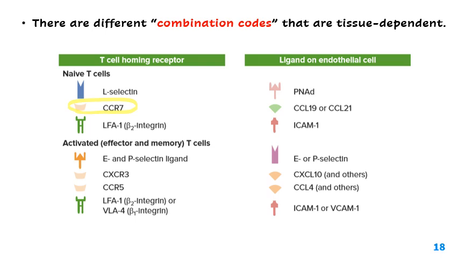Now, if your T cell is not naive anymore, it is called an effector T cell. It can be either an effector or memory T cell, but now let's say it is an effector T cell. An effector T cell is a trained soldier that has to go to battle and do what? Kill the pathogen, and then